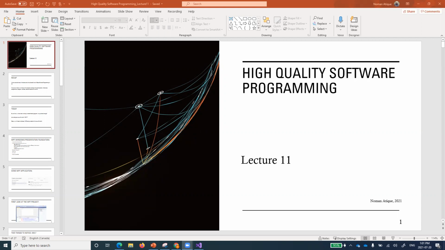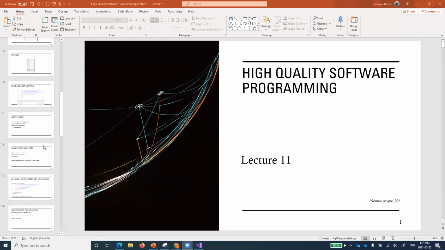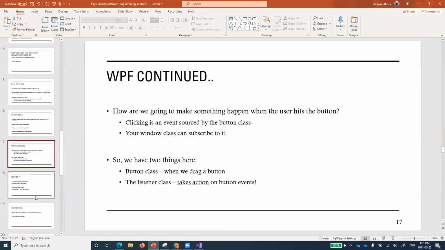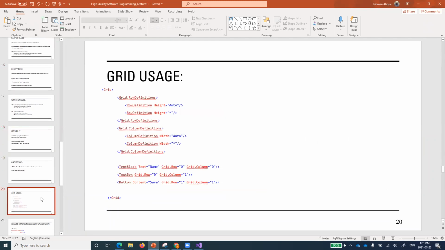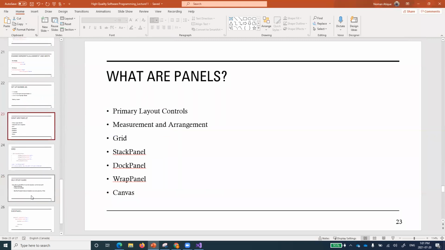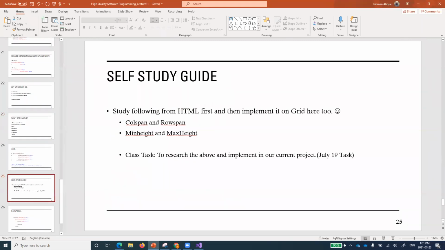First of all, let me take a feedback. I gave you a quick self-reading task the other day, yesterday. So I'm supposing that some of you have tried that out. Did you even try these column span, row span type of attributes in our project that you were talking about?